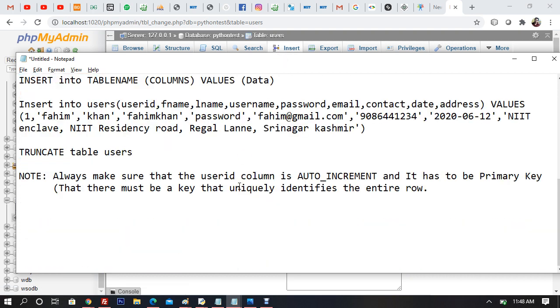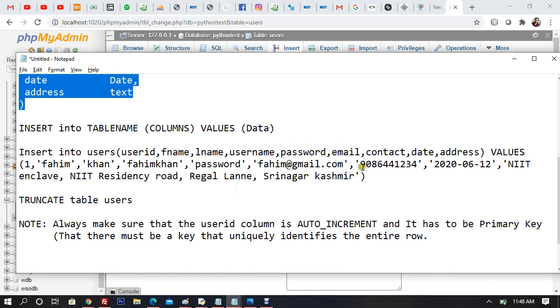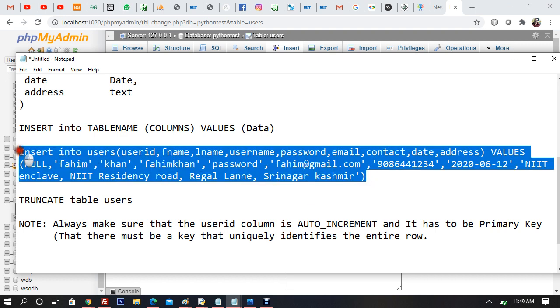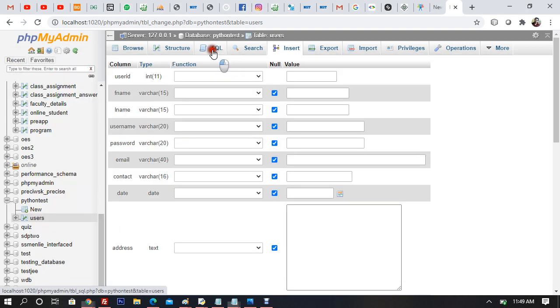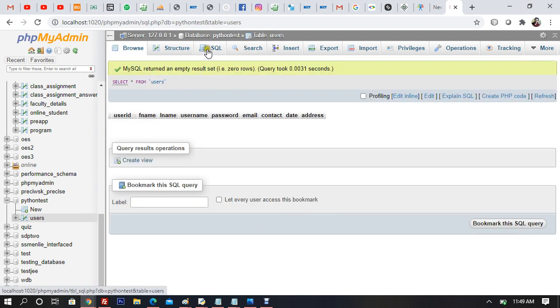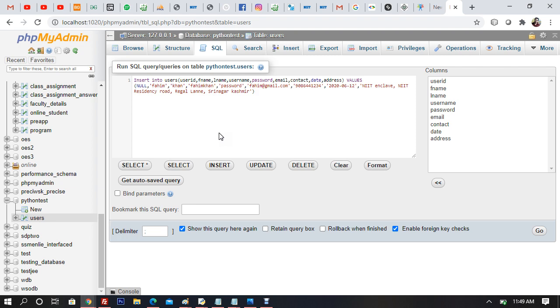Now what I do right here, I will make a few changes. I will not enter user ID. I'll take this user ID column and I'll enter it as null. Null means nothing, because it is auto increment. Why should I give it 1, 2, 3? I want it to be automatically incremented. Now that's it. I'll take this, go to SQL, select the table users, go to SQL and paste it,